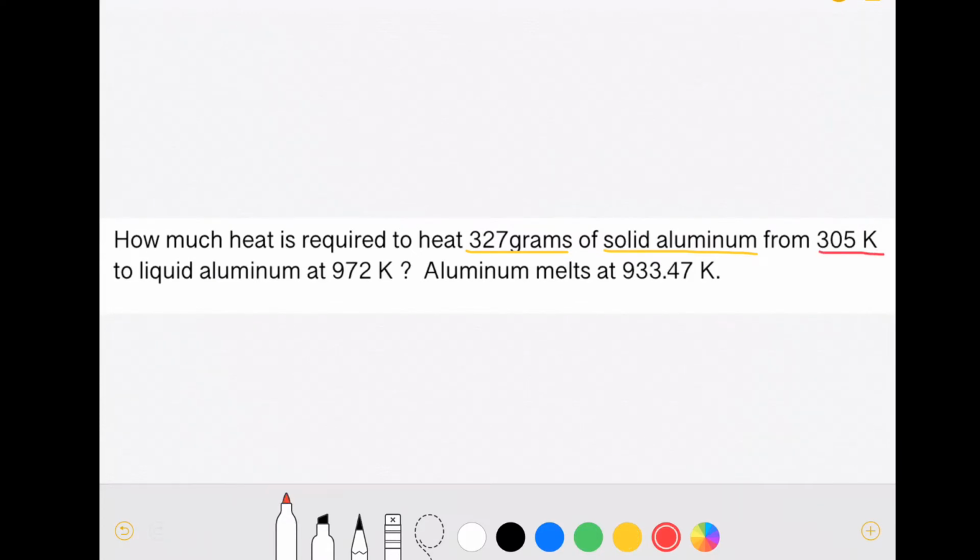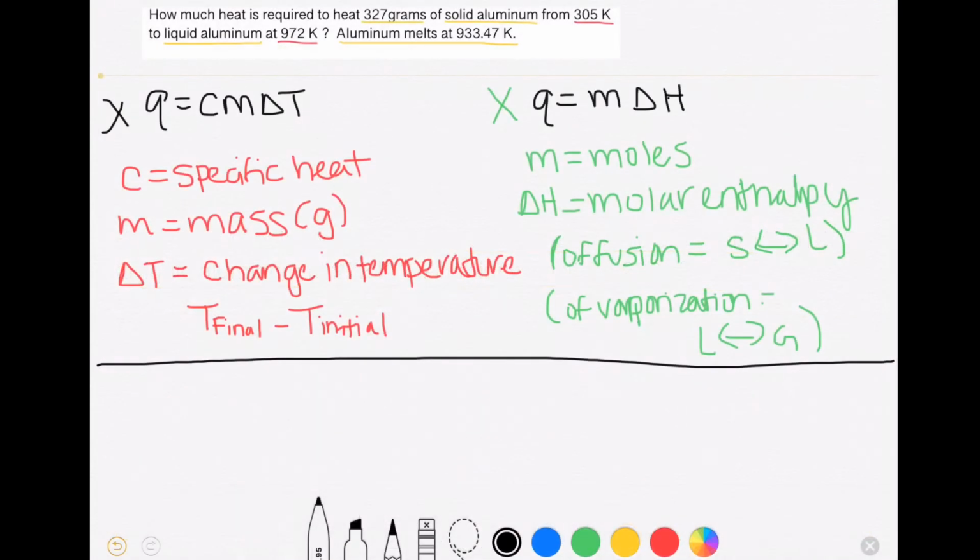Okay, so there's our starting temperature, there's our ending temperature, and we are starting in solid and we're ending in liquid. Then it gives me a little note here that says aluminum melts at 933.47 Kelvin. That is going to be important because it's a temperature that we're going to use for our delta T calculation. So the first thing I'm going to do to start solving this problem is determine how many